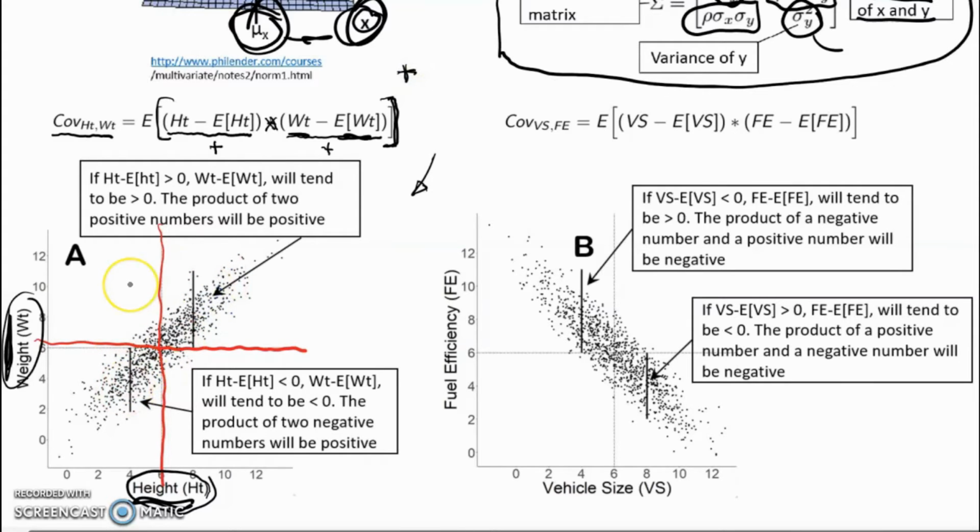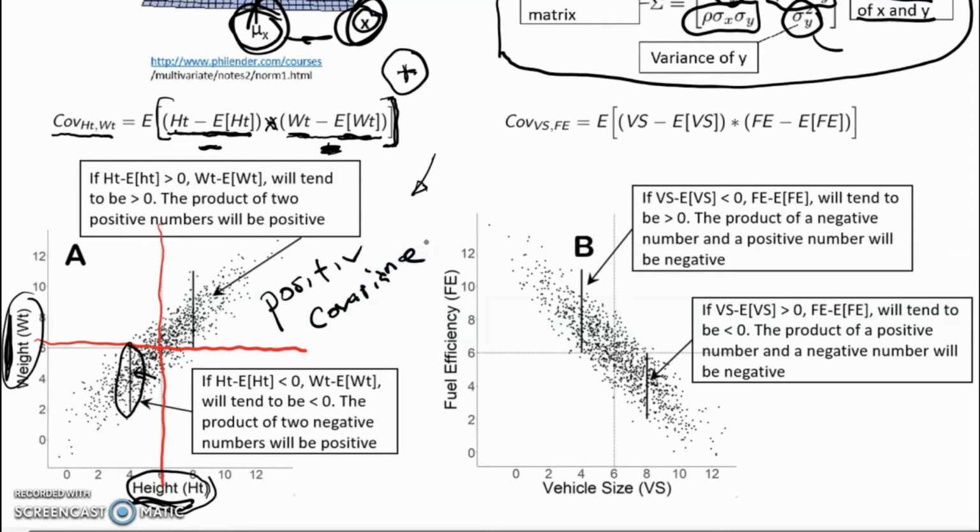If now we go down here, here what happens if we take height minus the expected value of height, what we get is a negative number. And if we take weight minus the expected value of weight, it tends also to be a negative number. You multiply two negatives together, and you still get a positive number. So this is the concept of positive